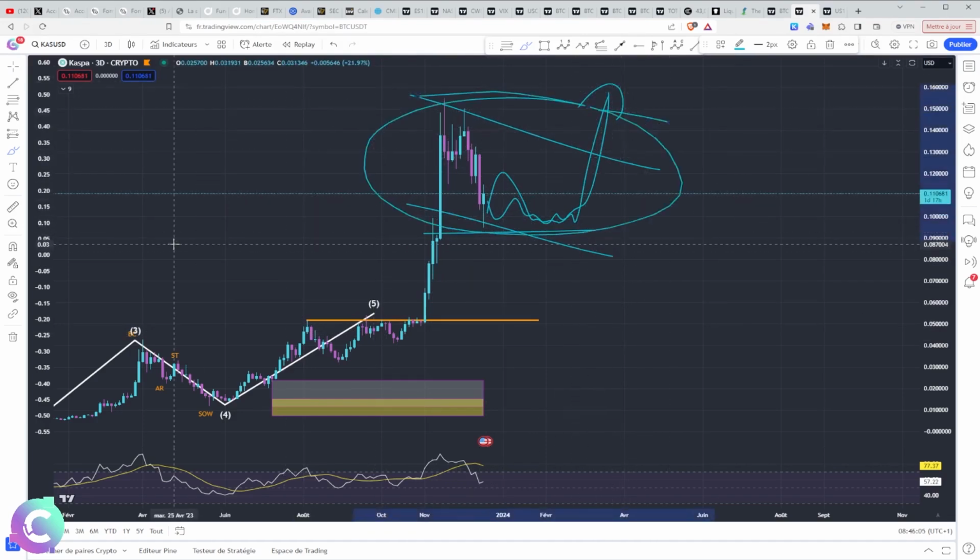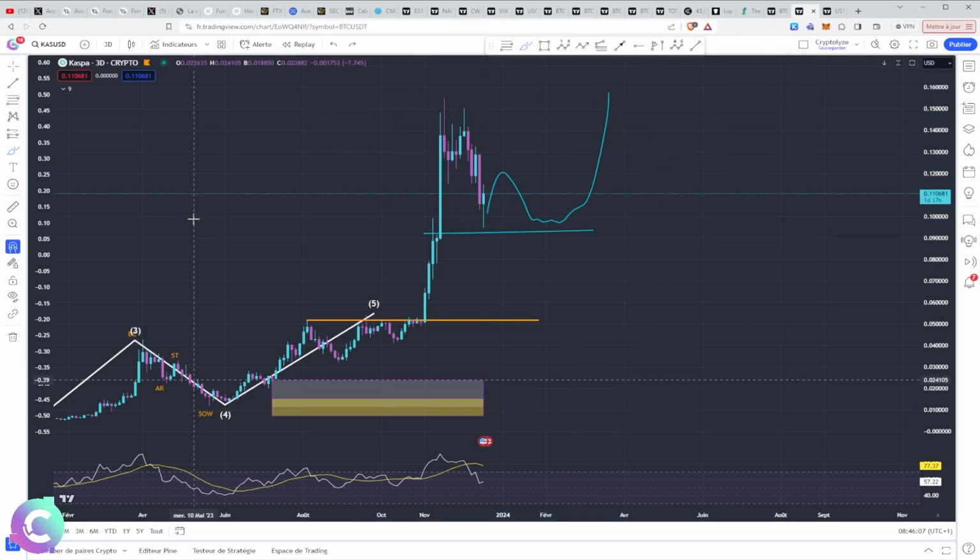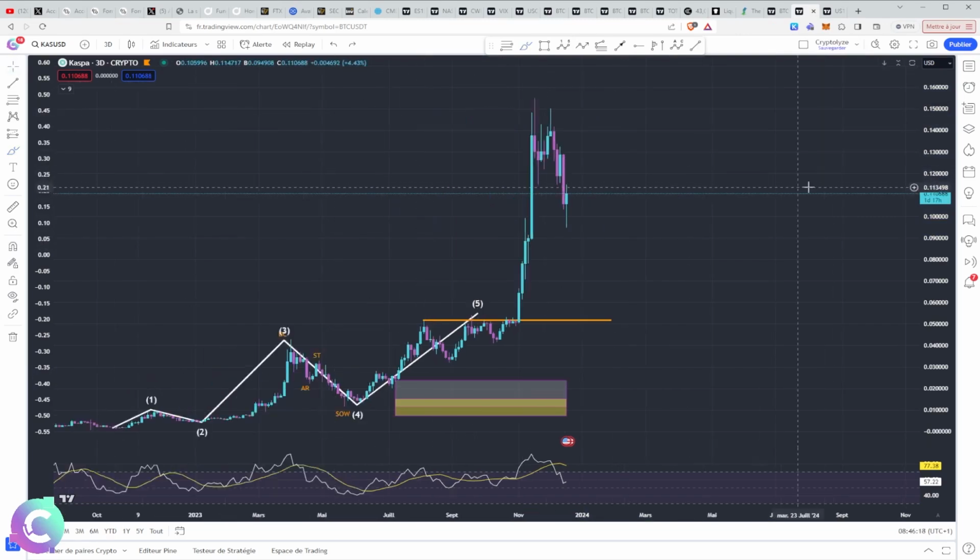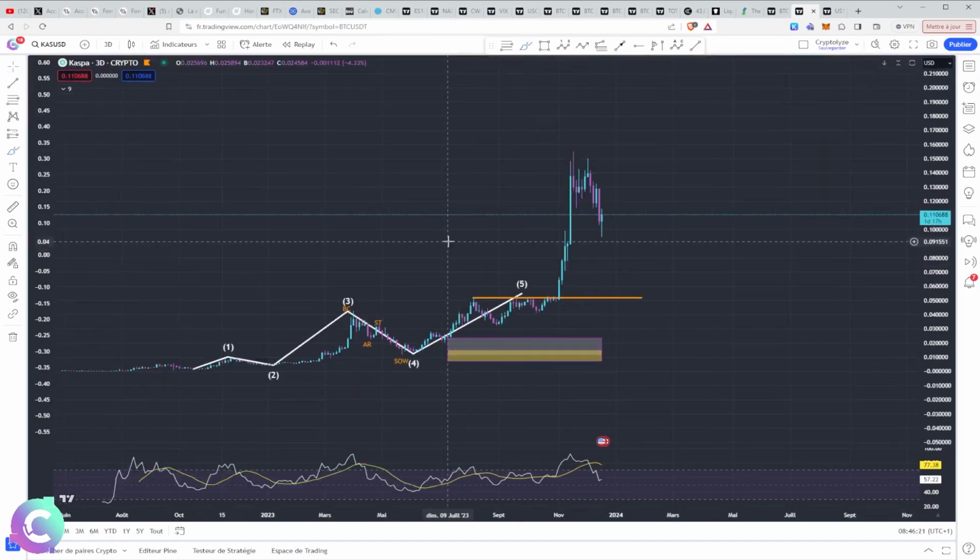So in terms of targets, what is interesting is that here we are in a notion of price discovery. So we are really on a total discovery. This total discovery for me, I will put it on a notion of market cap. We are on a market cap which is around 3 billion, let's say a little below 3 billion. I think it's a blockchain with smart contracts that can arrive very, very quickly in the region of 50, 60, 70 billion dollars, on the establishment of a decentralized finance or tokenization ecosystem.